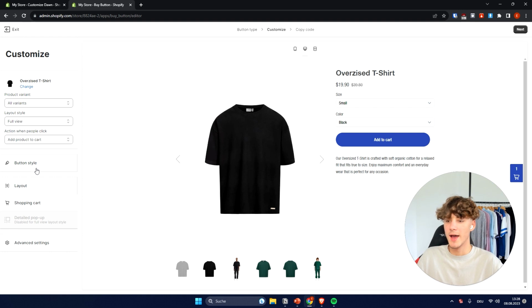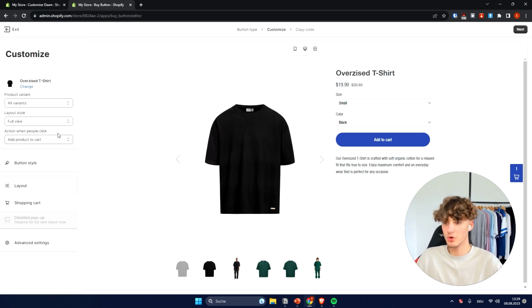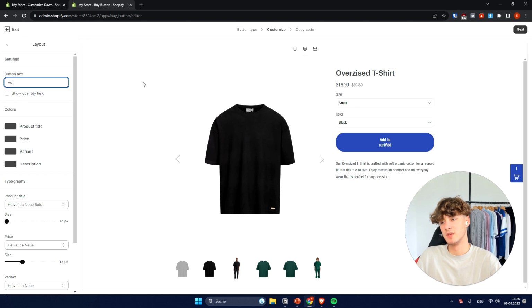And to actually edit the button action, you basically have 2 options. First of all, you can basically add the product to cart, and then you can also directly redirect the person to checkout if you want to. However, for this video, I will just select Add Product to Cart, and now we can get started customizing the layout. So maybe I will just change this to Add Me